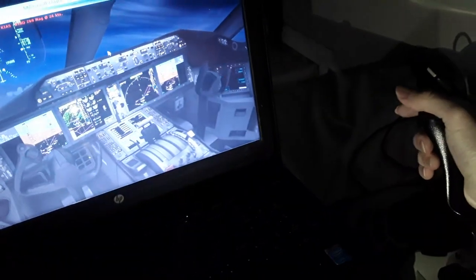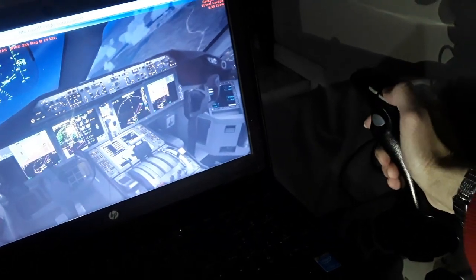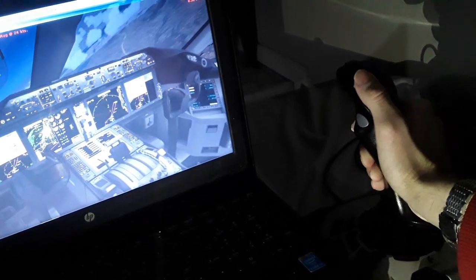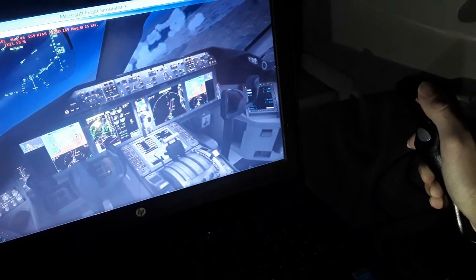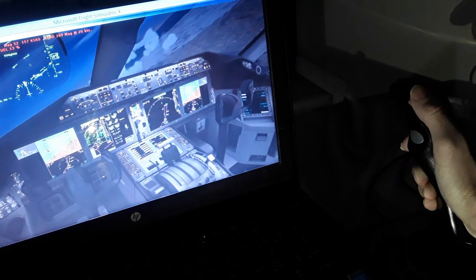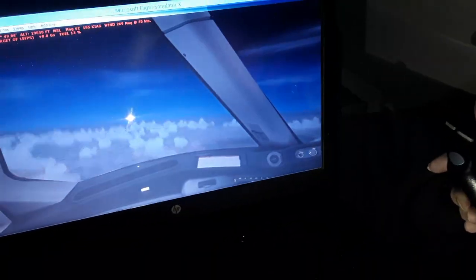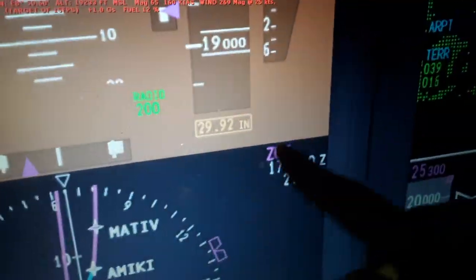So small correction here for alignment with the flight plan. So we make a right turn now to align with the flight plan. You can see we are flying in this area. We have to be aligned with the modes here. Also you can see the next waypoint we have to fly through, 2.2 nautical miles, a bit